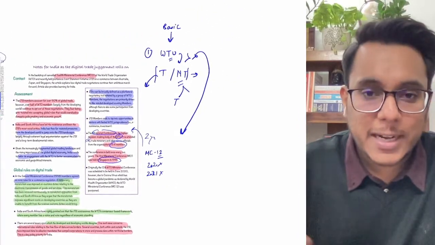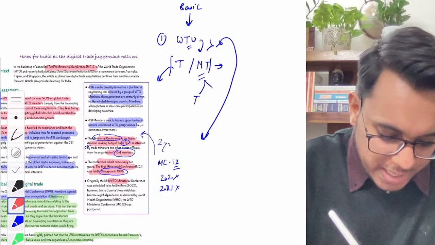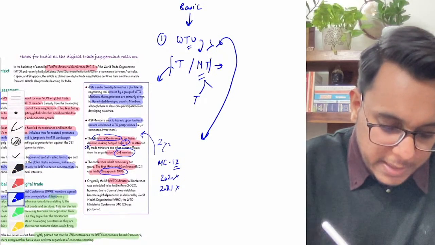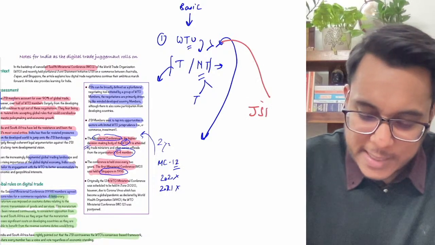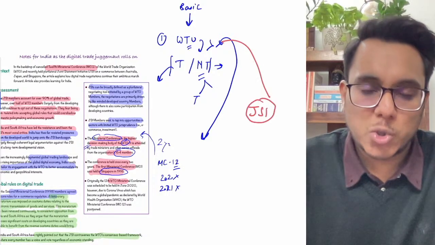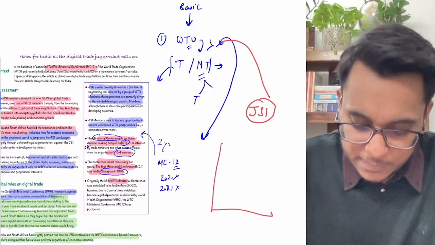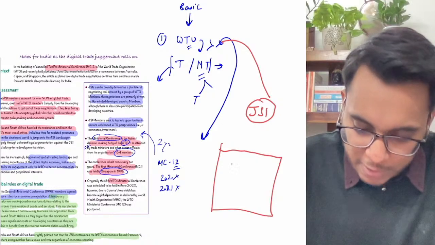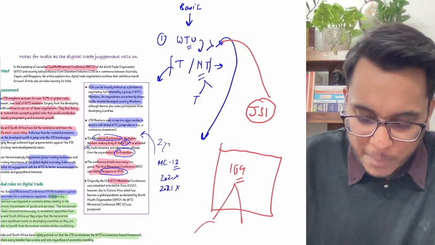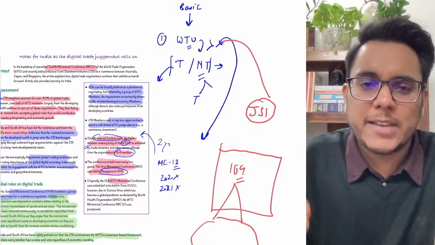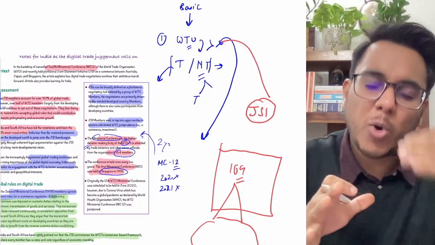Now guys, within the WTO there is one more initiative, that is the JSI, Joint Statement Initiative. Now, what is this Joint Statement Initiative? See, let's say in the WTO there are 164 members. Now out of these, a few members, 70, 80, 50, 60, any number of members, will come and start negotiation on any one topic.